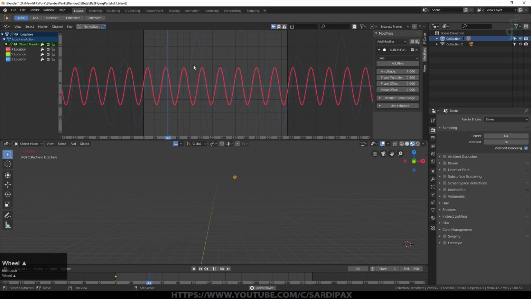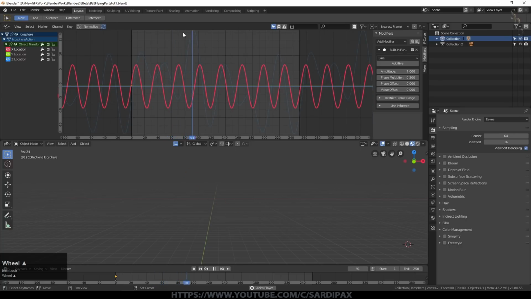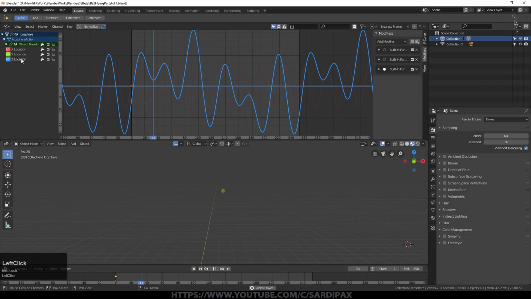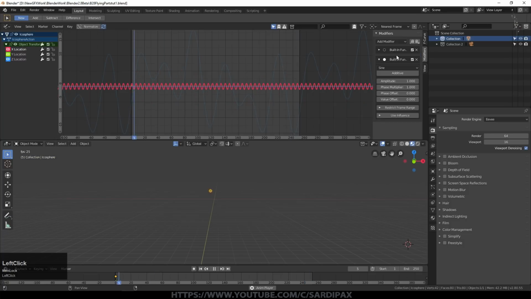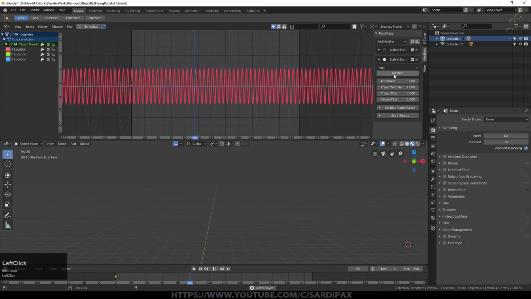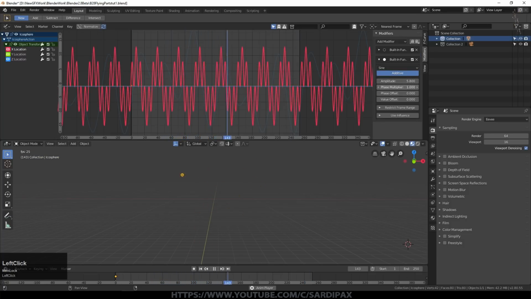You may just be able to see, sort of ghosted in the background, the Z waveform superimposed on our red X waveform. If I select Z, you can see how the two vary. So now I'll minimize that one, add another built-in function, increase the amplitude of that one, select additive, and again